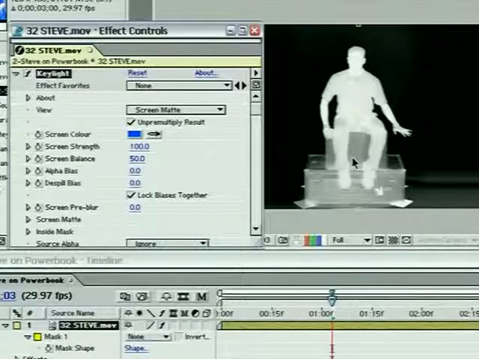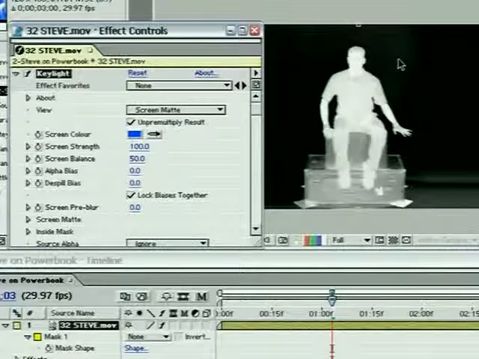And by looking at this, we can see pretty clearly that Steve's got some intermediate gray pixels in his shirt and in his pants that are resulting in a little bit of transparency. And our background, which is supposed to be completely black, showing that it's completely transparent, actually has some gray streaks that we saw just a second ago. Now, even in this case, there may be some not quite transparent things in this otherwise black area up here, because the gamma of most computer monitors doesn't allow us to see a lot of detail in anything much darker than 75% black, which is why we have that status view, and I'll show you how that works in just